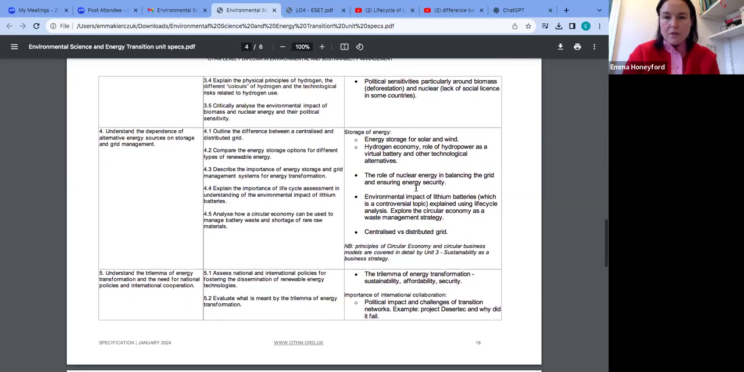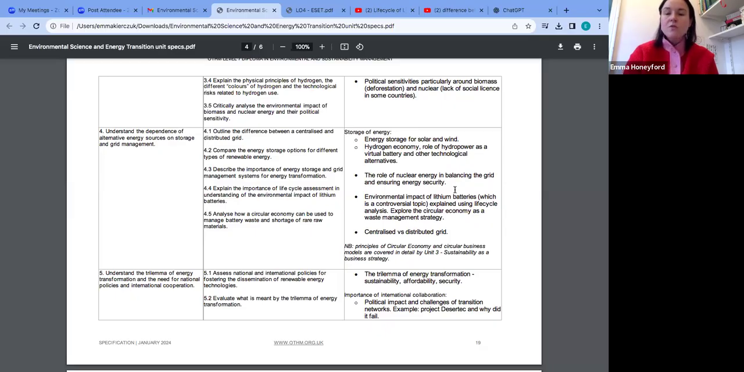So the different points around energy storage. So we'll cover today energy storage for solar and wind. We'll look at how to store hydrogen economy, the role of hydropower as a virtual battery and other technological alternatives, the role of nuclear energy in balancing the grid and ensuring energy security, and the environmental impact of lithium batteries,